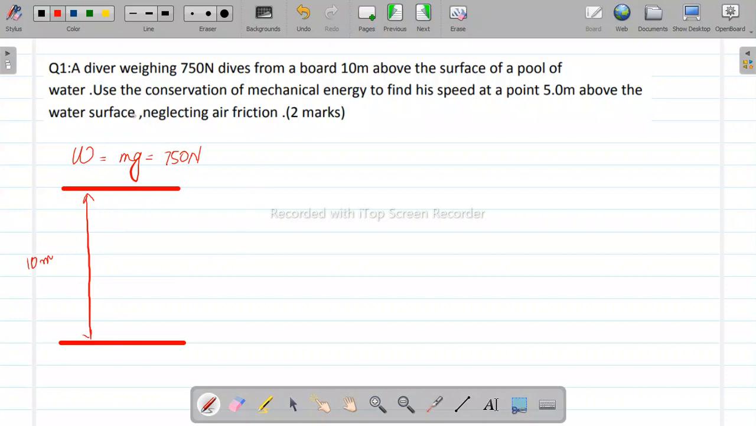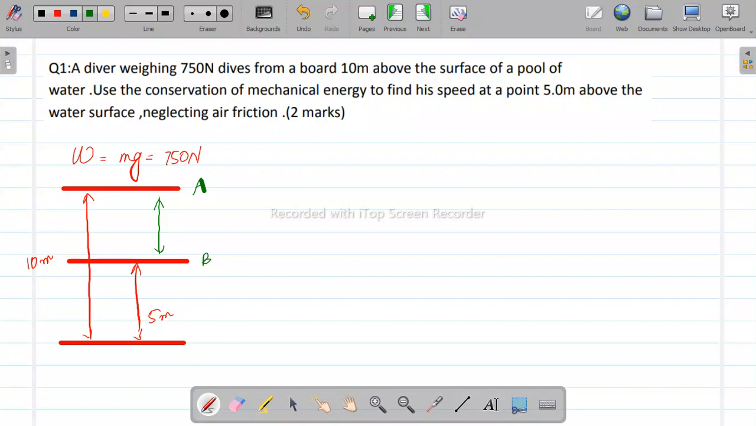And then they are saying that use the conservation of mechanical energy to find his speed at a point which is 5 meters above the water surface. If this is the water surface, then this must be 5 meters above the water surface. They are saying that the diver started from this point A and ended at this point B. You have to apply the concept for conservation of energy for this region, right? When he dived from this point, we say that at this point, because he was at a certain height, so